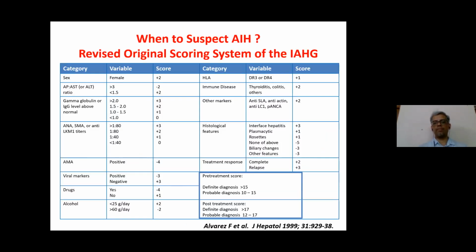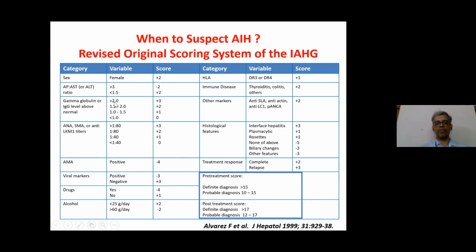So when do we suspect autoimmune hepatitis? This was the initial, or revised original, scoring system by the International Autoimmune Hepatitis Group. There are multiple variables, and each of these variables has been given different scores. So a typical patient, as this score was given in the early 90s, would consist of a female with